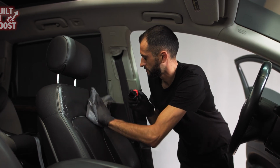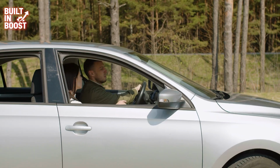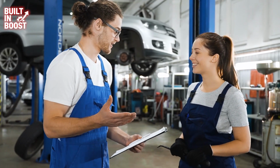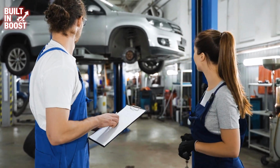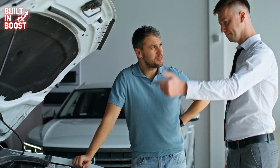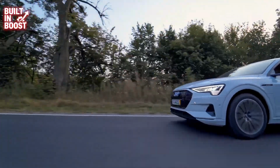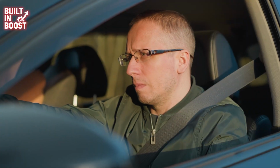You take care of your car. It starts every morning, gets you where you need to go, and doesn't make any weird noises. So everything's fine, right? Then inspection day comes and it fails, just like that. No warning, no check engine light, just a red stamp and a mechanic listing problems you didn't even know existed. Most cars hit that point around the 5-year mark, not because they're falling apart, but because of small habits that